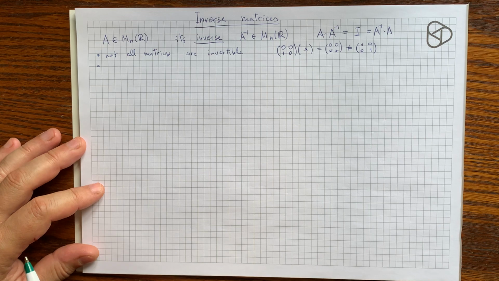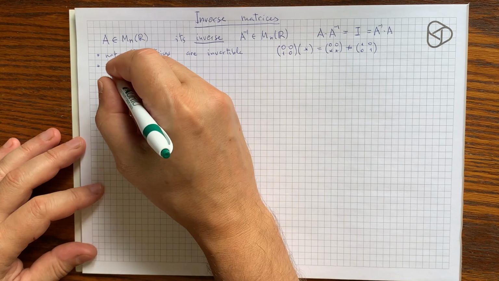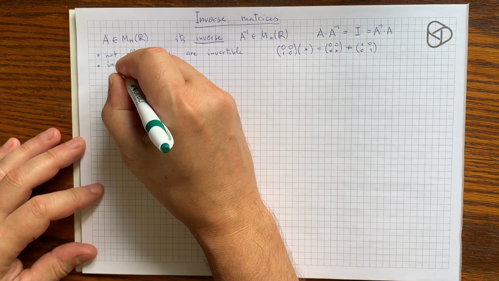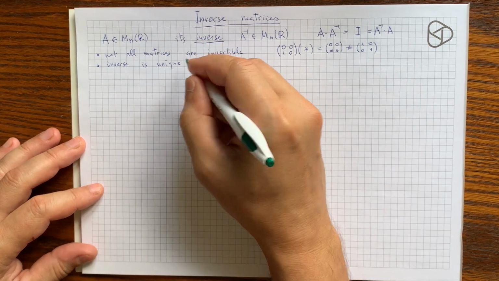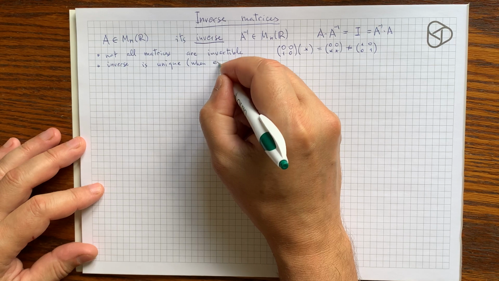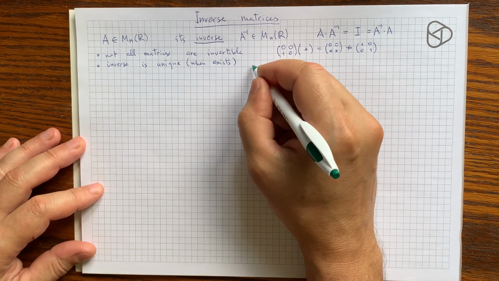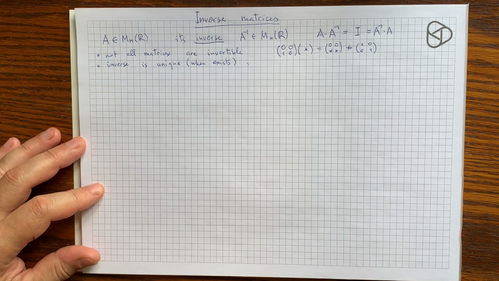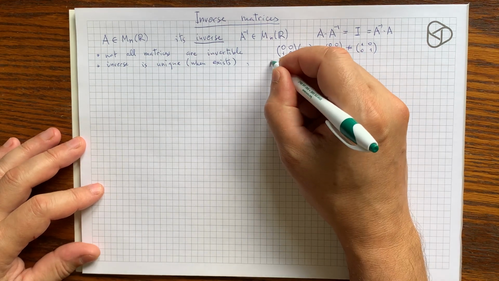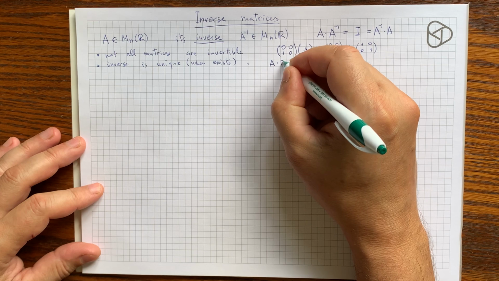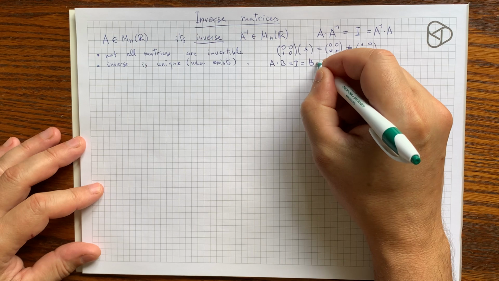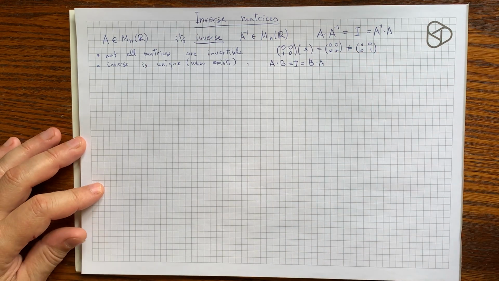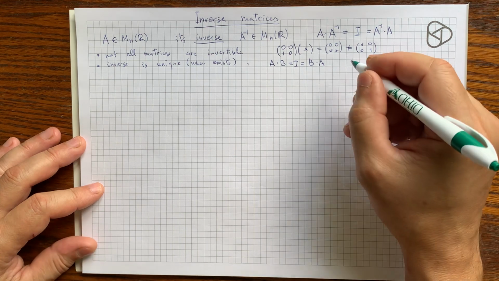Second point to make is when we do have inverse to a matrix, it is unique. Mathematically, that would be the following implication. Let's assume the opposite, or let's assume that we have two candidates for inverses. So we have one solution of this inverse equations for A called B. So B is going to be A inverse, but then we have another